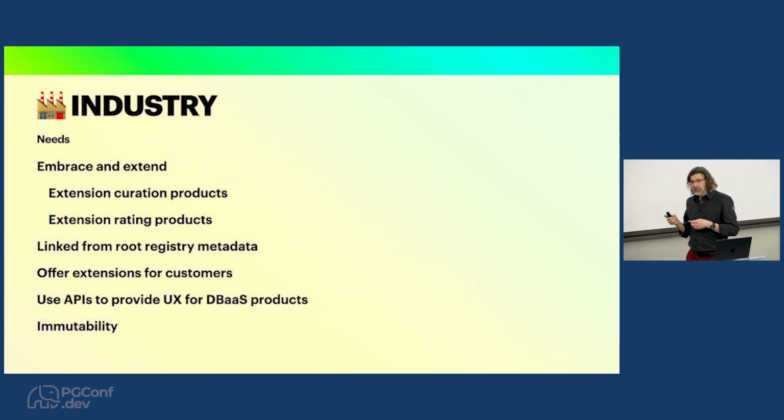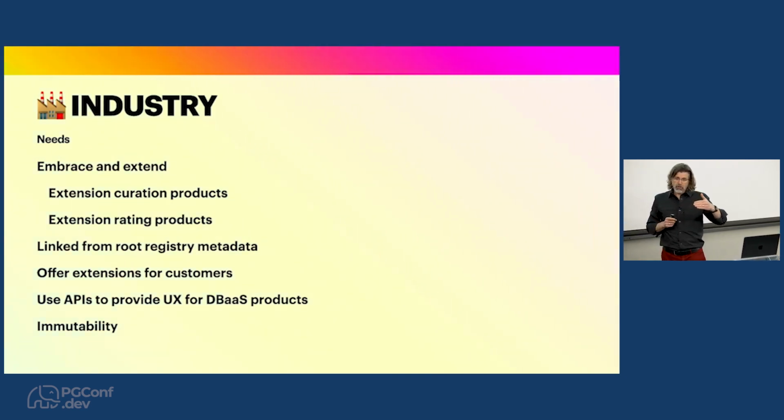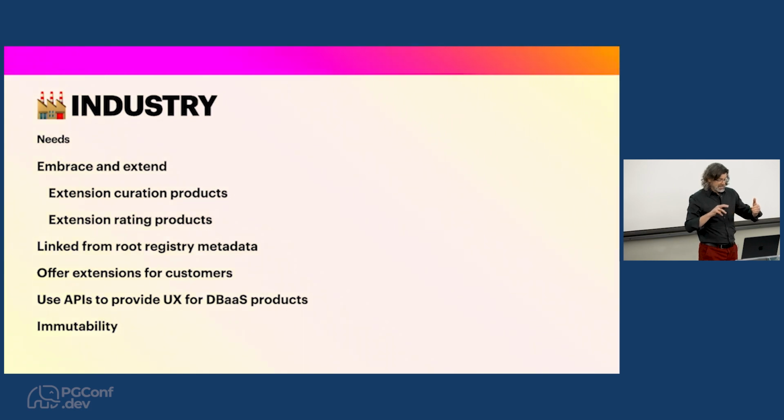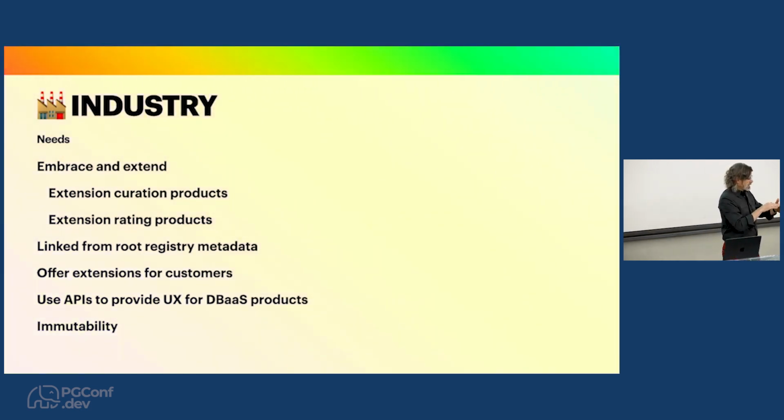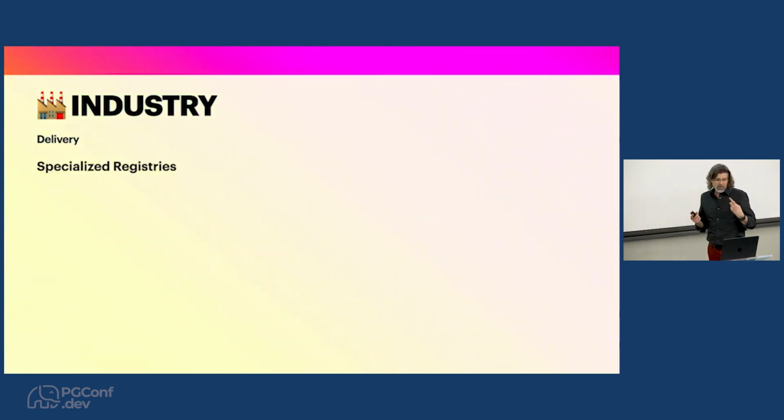And another one I throw in here at the end is immutability. So often a lot of these companies are now running immutable images of Postgres for their systems. And so the extensions, which are dynamic per customer or per database, those need to be not immutable, so we need another volume to store them on, and a way to manage that. I'll be nagging Core about a patch for that in the fall, so you can ask me about that one later. But for the other stuff, let's look at how we could try to meet the needs of industry.